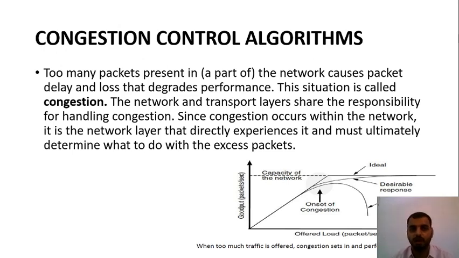Why is moving traffic beneficial? Because at least they are moving in a direction. But if there is an accident or something has happened in front on the road, the traffic cannot move until that is resolved. In the same way, if the load on the router increases rapidly, the router cannot give the services for which it has been designed. Why? Because the more the packets, the more services it should give. So it will lose its services. So that is what we call congestion. Sorry, this is what we call congestion, not control.